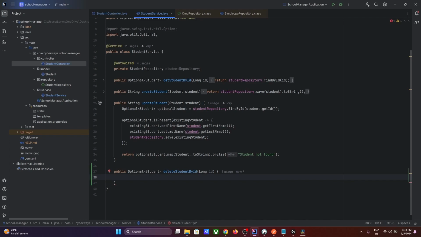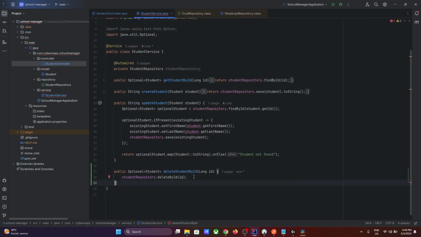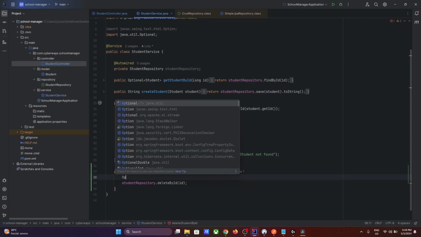Now you can be tempted to do directly student repository dot delete by ID. This is okay, it could work, but it's not perfect because delete by ID returns a void object. So it doesn't return an object, it returns void. And when you delete something, you want to know if your operation is okay or something went wrong. So another approach that I can suggest is to use an optional